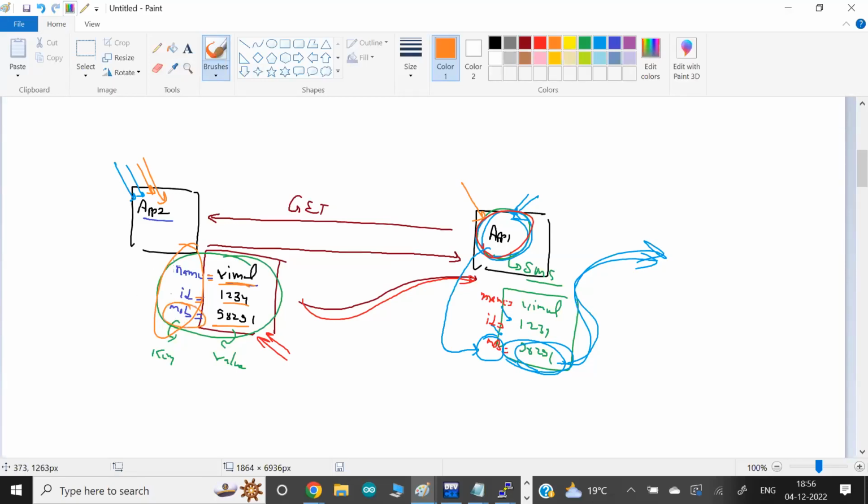Or if both apps are created by you, you know what key you're using. So when you get this data, you retrieve this key only, and you get the data and do the things, right? The point here is, this app is created by you, or this can be created by other companies.